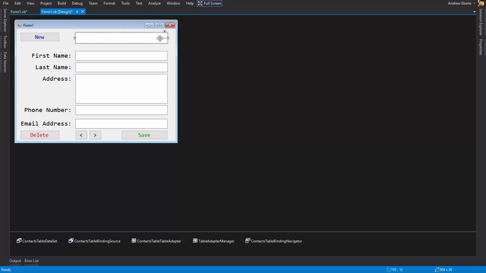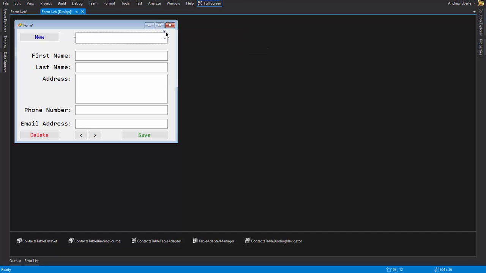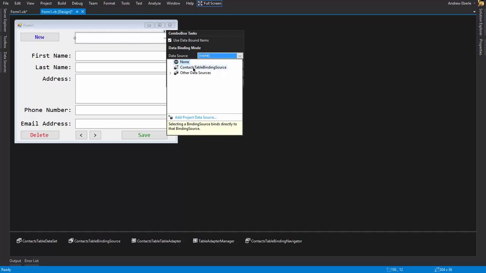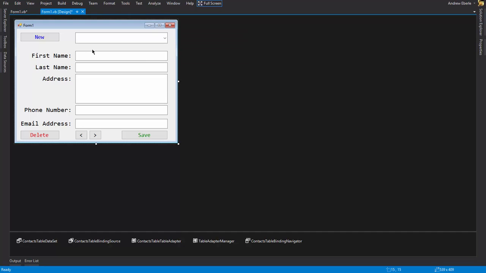So what we want to do is we're going to click on the combo box and click on this arrow thing, and go to use bound items. So our data source will be from our contacts binding, and we want to get the first name. As for these last two, we don't want to change anything around, so we'll just leave it there. As for new,